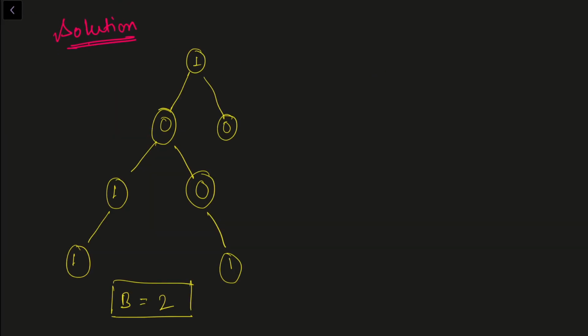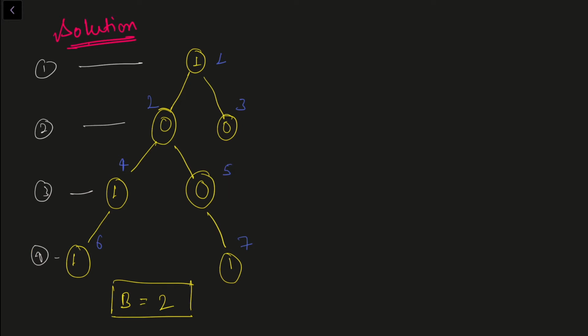Basically, we can keep track of all the nodes at any level. So first let me mark all the nodes. This is first node, this is second, this is third, fourth, fifth, sixth and seventh. These are the node numbers basically. Now let me assign some levels here. Let's say this is first level, this is second level, this is third level and this is fourth level, right?